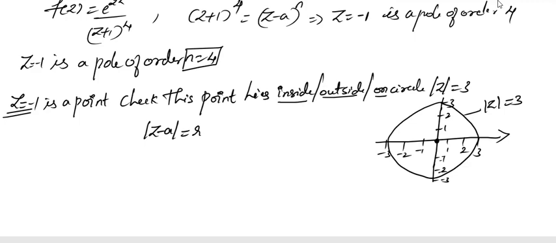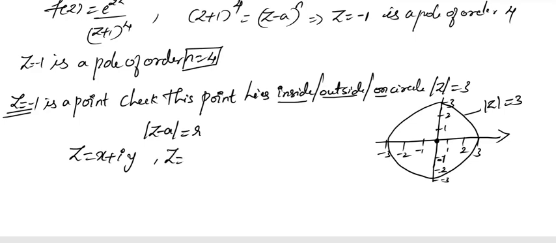So the center is 0. Now what you have to do is check whether this point z is equal to minus 1 lies inside or not. So minus 1, here it is. z is equal to minus 1. You should know whether this is on the positive x-axis, on the x-axis line or on the vertical line. z is a complex plane point of the form x plus iy. I hope this is clear.